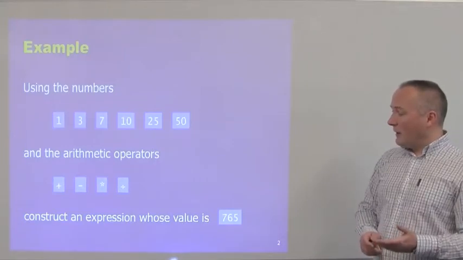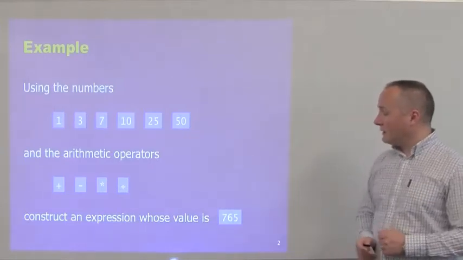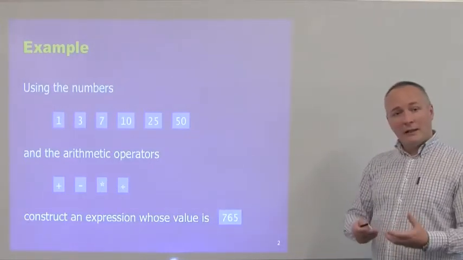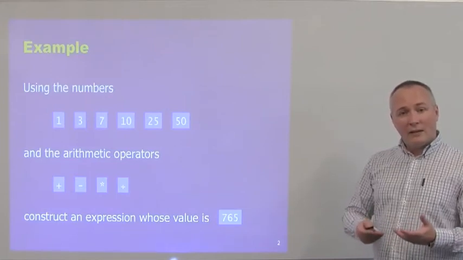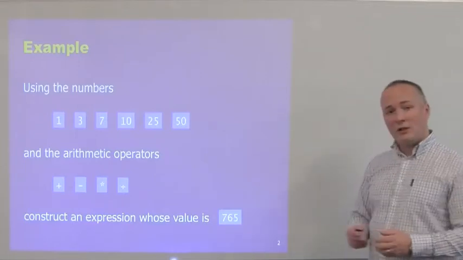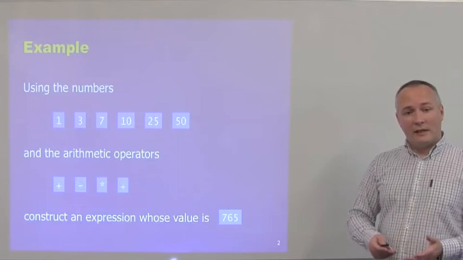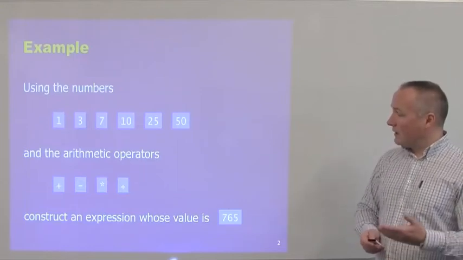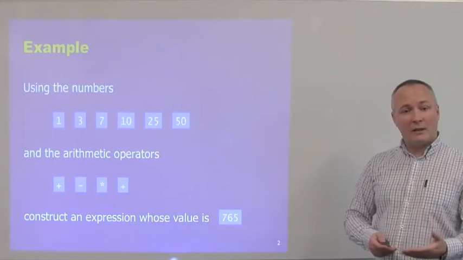And the name of the game is that you've got to try and use the numbers which you're given and the 4 standard arithmetic operators to build a simple arithmetic expression whose value is a given target. So in this case, the game is to build an arithmetic expression whose target is 765. So that's the name of the game. You're given some numbers, the 4 standard arithmetic operators, and you've got to build an expression that has a particular